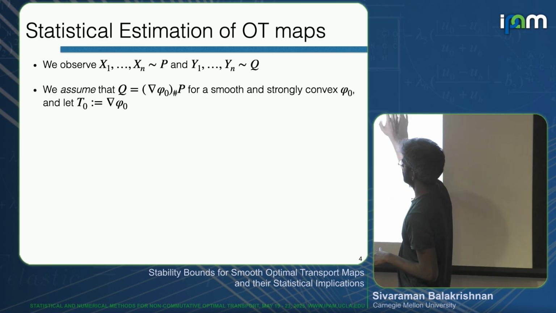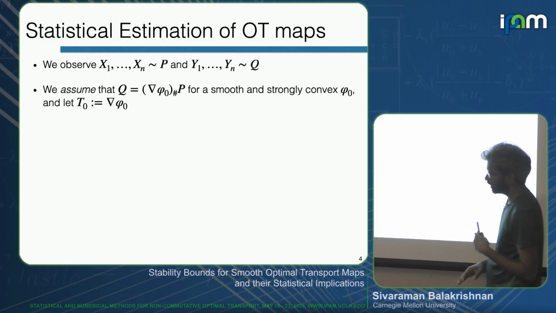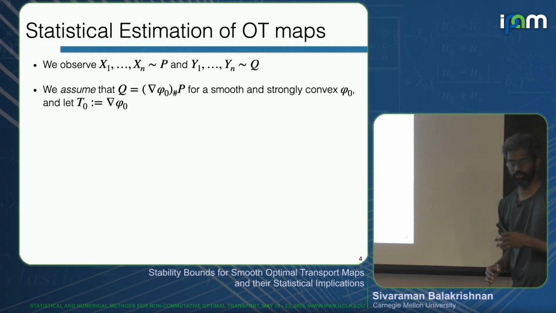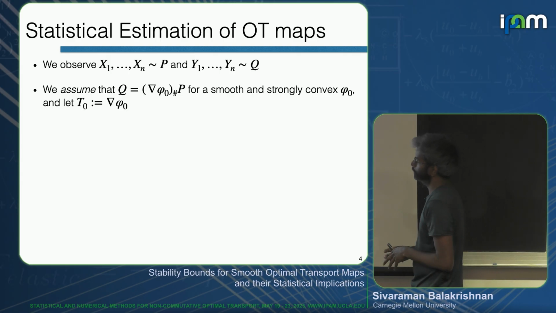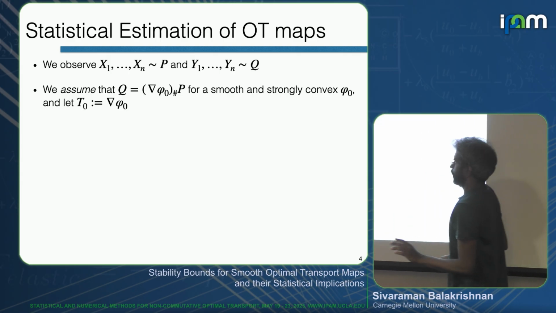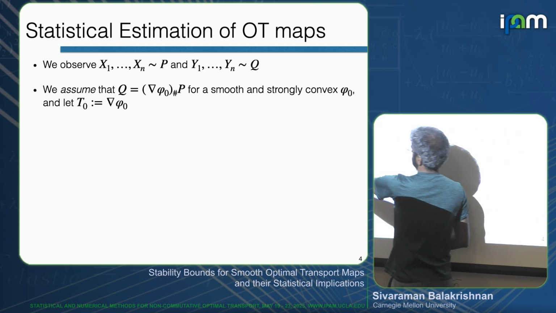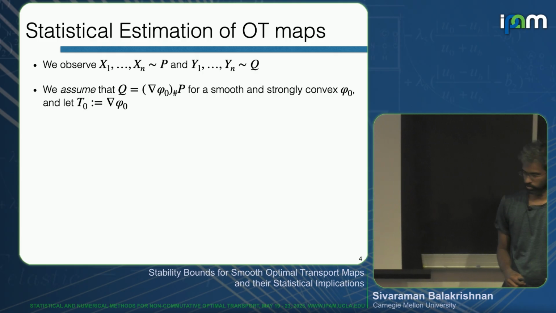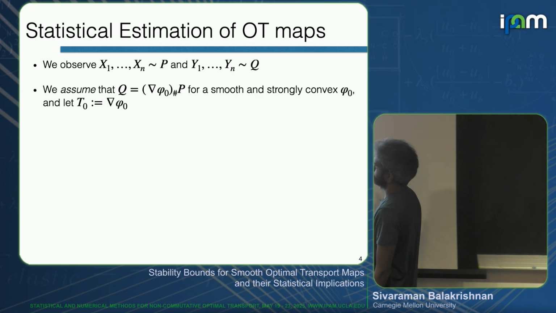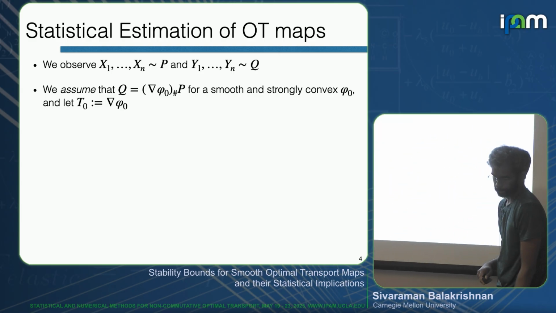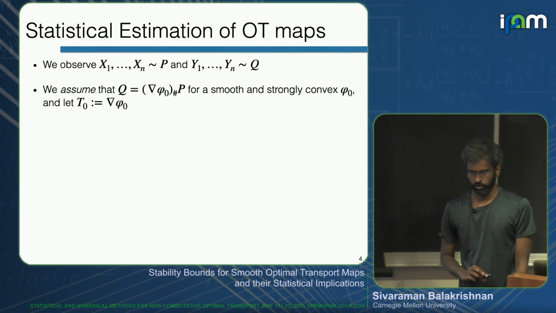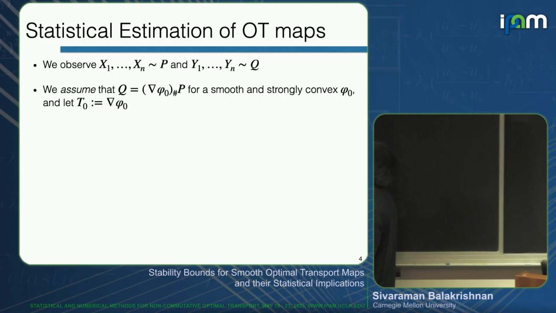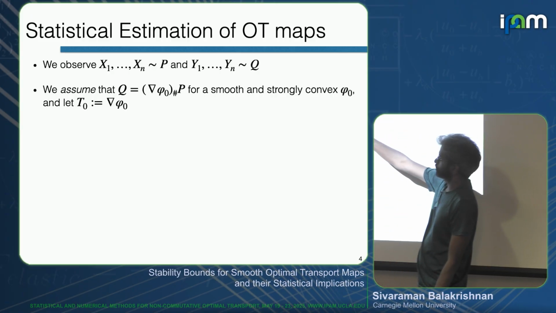And this function links Q to P in the following way. The gradient of this smooth and strongly convex function pushes P onto Q, right? And we'll call T0, which is the gradient, this will be the optimal transport map for the quadratic cost between these two distributions. So it is the OT map that maps P onto Q. Everyone okay so far? So the setting is that you have a smooth and strongly convex function whose gradient pushes